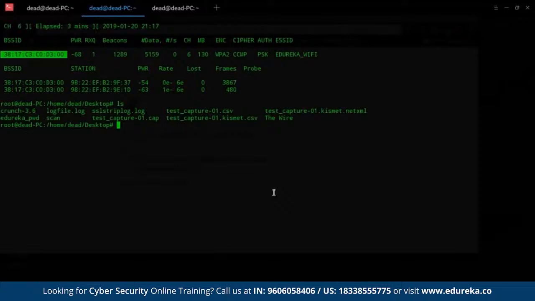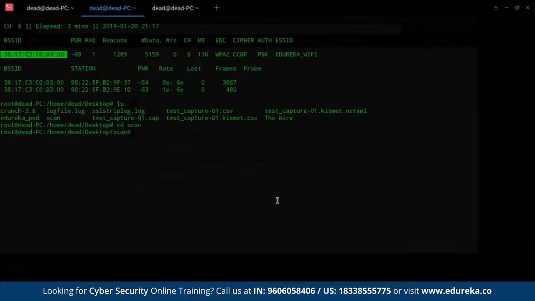So it gives you a bunch of formats to actually run your cracking on. If you remember, I had told you that I have already generated a similar file at home, when I was trying to crack into my own home password. So I will be running the cracking procedure on that file, and that is the last step of this whole procedure. Let me move into that folder. So I go cd scan.